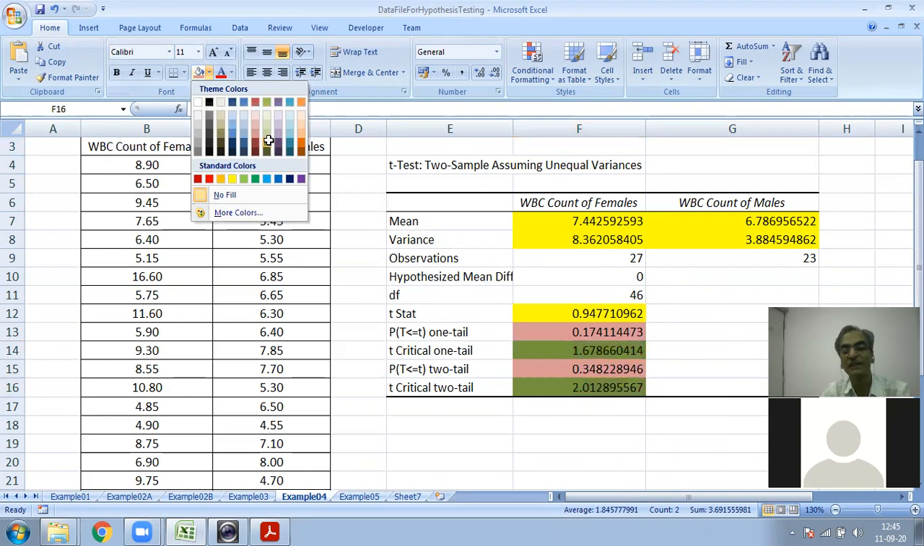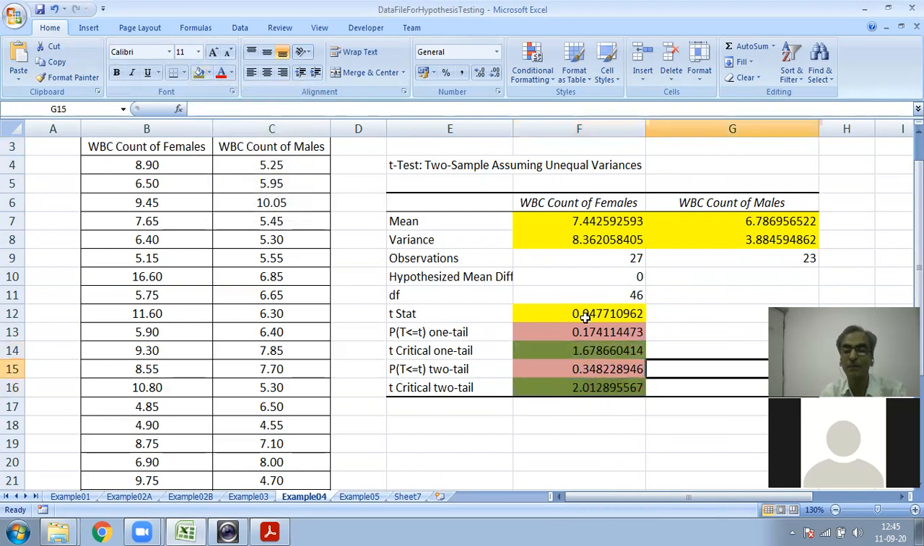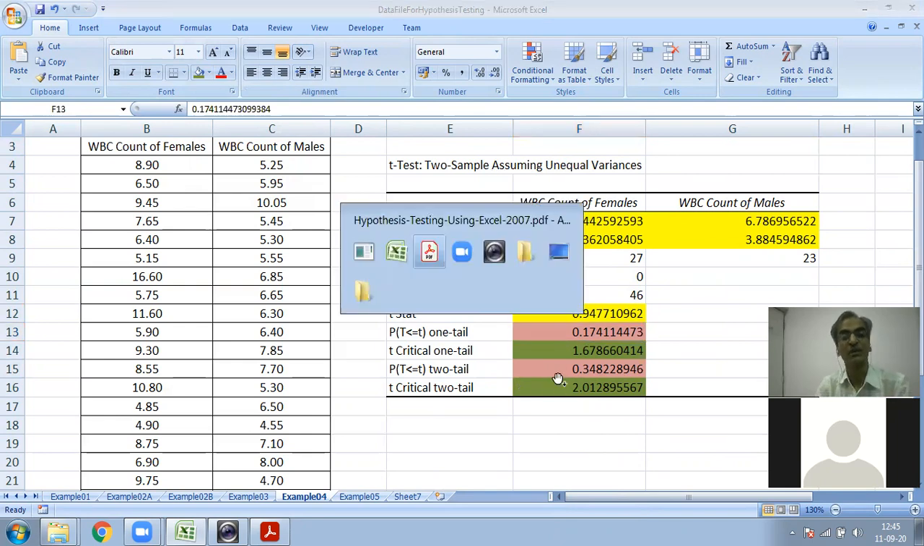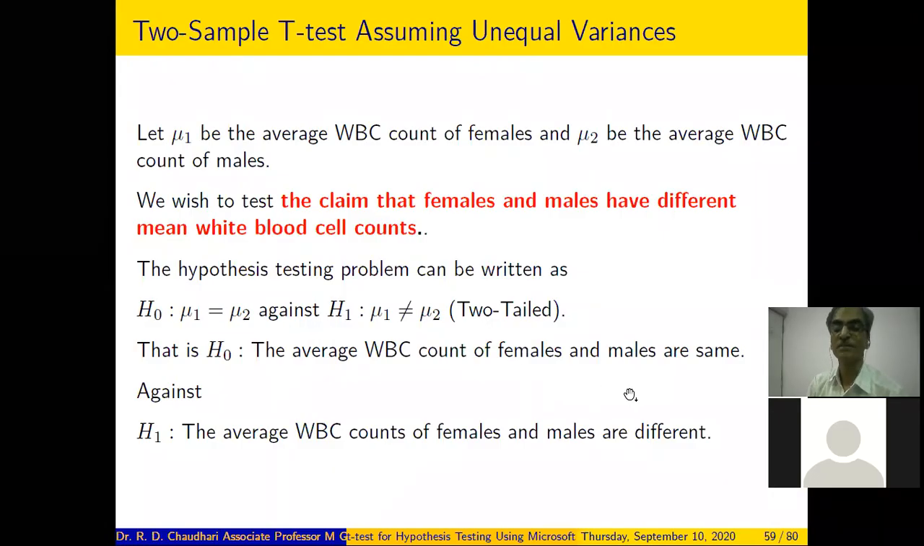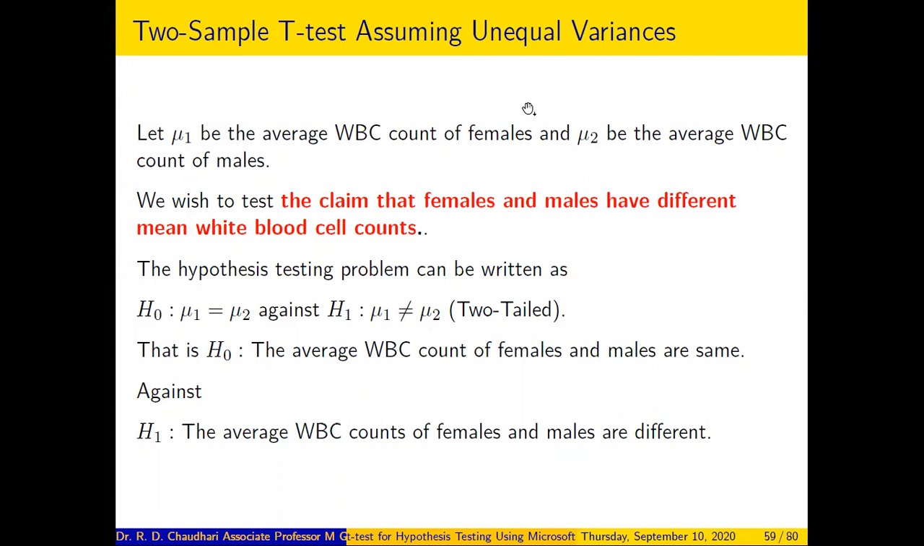If you want to compare the critical values, you can compare the t statistic with the critical value, right? Otherwise you can compare the p value. So this p value is based on the alternative hypothesis, either one tailed or two tailed. In our case the alternative hypothesis is,